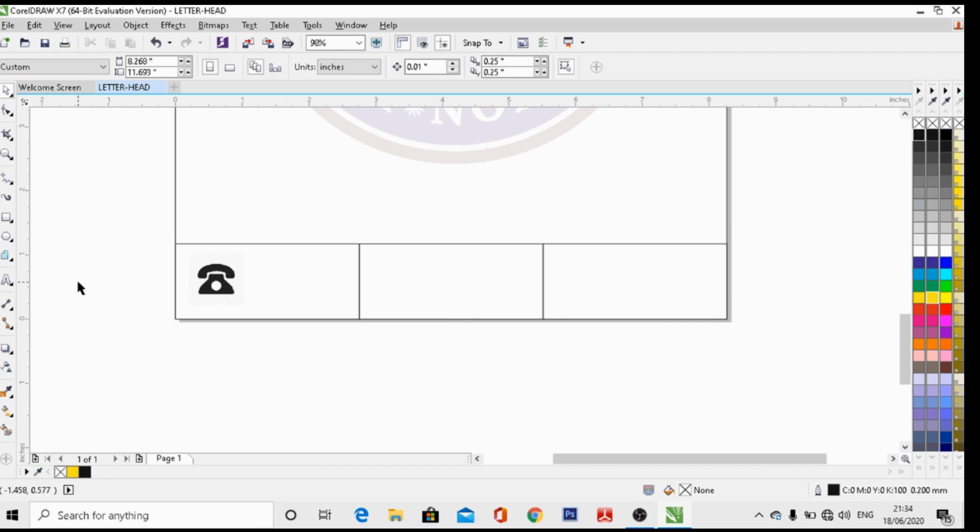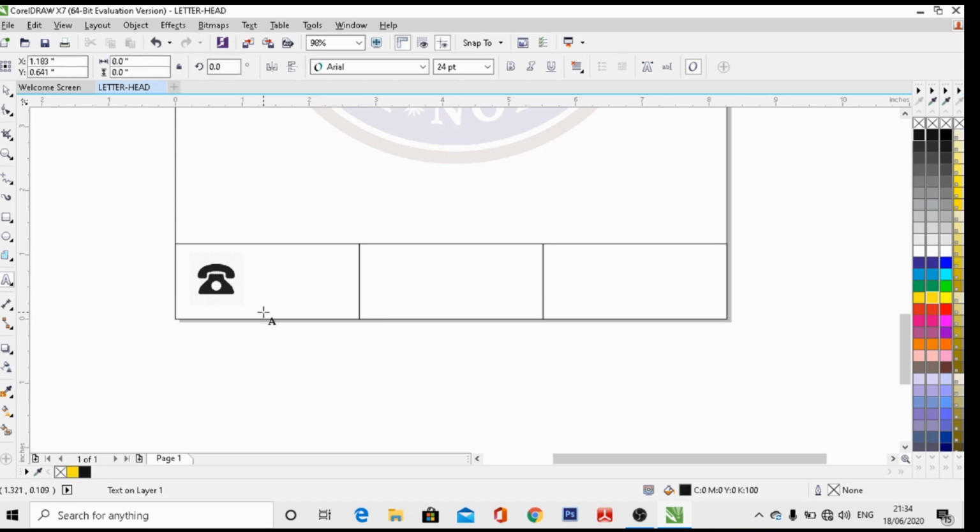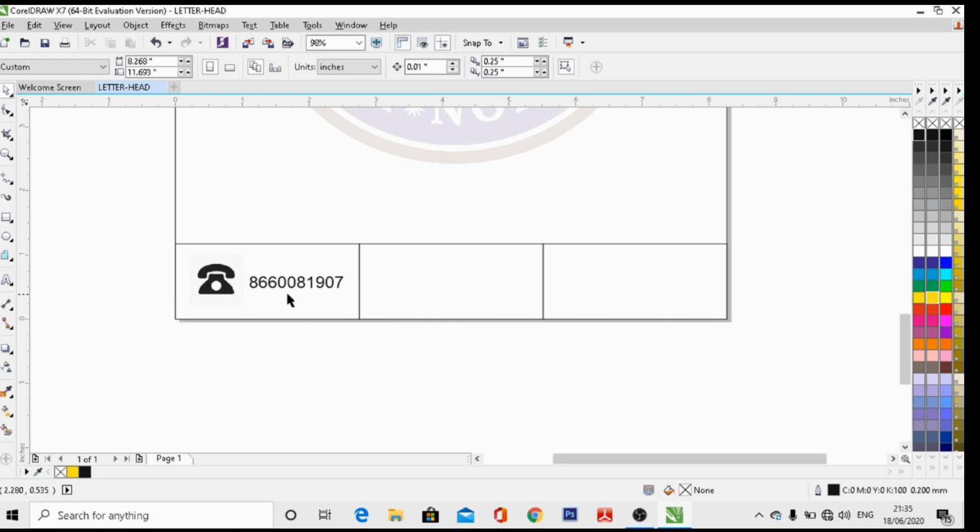Now we have to come to the text tool, left click over there and come to this place, and first of all decide the font size, 12 point, and then you write your contact number. Like this, any more contact numbers you can put and you can reposition it or increase or decrease as per your design. Now you can see that your contact has been